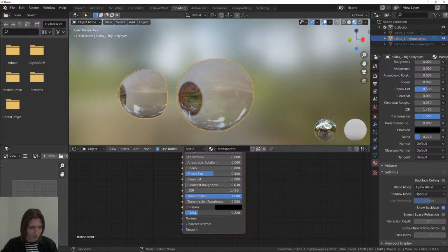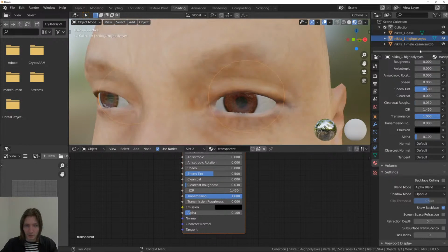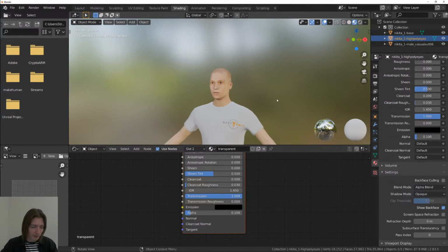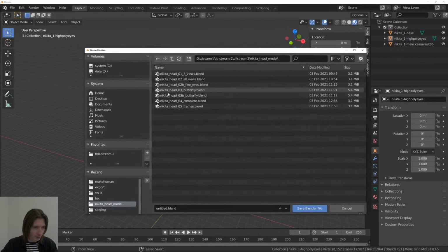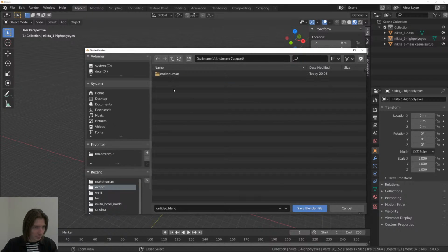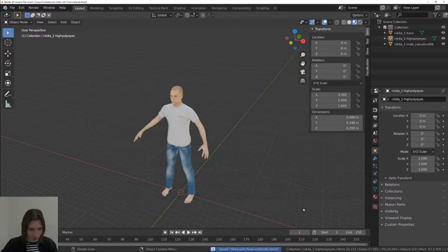And as you can see, it appears here. So you can tweak some alpha here, for example, like that. So it reflects something, but not too much. And then we turn it all back again, and let's say we save it as a scene. So we press Ctrl S, we go here, we go to export and MakeHuman, and let's call him Nikita with fixed materials. We saved the file here,